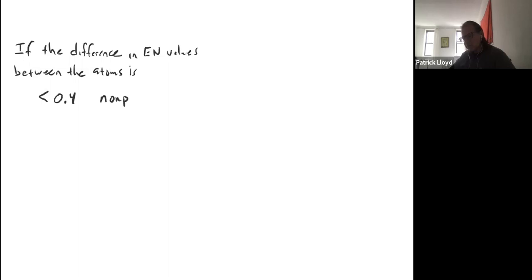So even if there is a little bit of a difference, like 0.2 or 0.3, we would say that it's nonpolar, or you could just say it's covalent. Different textbooks will use different terminology here, slightly varied, but if it's greater than 0.4, or I'm sorry, greater than or equal to 0.4,